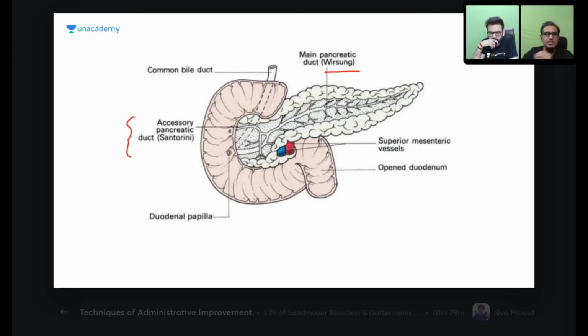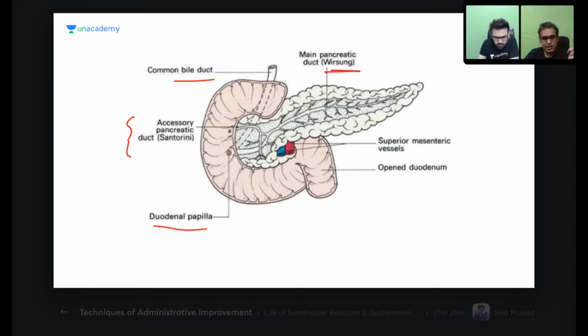But what is also happening, as we just discussed in the embryology, is that the ventral pancreatic bud rotated behind the gut along with the bile duct, because that was communicated with the hepatic duct. So finally, the opening of the ventral pancreatic bud, its duct, that is now the duct of Wirsung, and with it the bile duct will also come. So there is a common opening of the bile duct along with the duct of Wirsung in the major duodenal papilla.